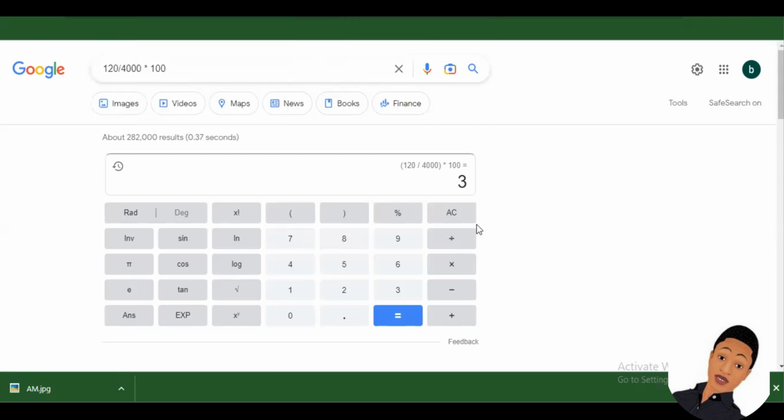So this is one platform that I use that's very good. Then the other platform